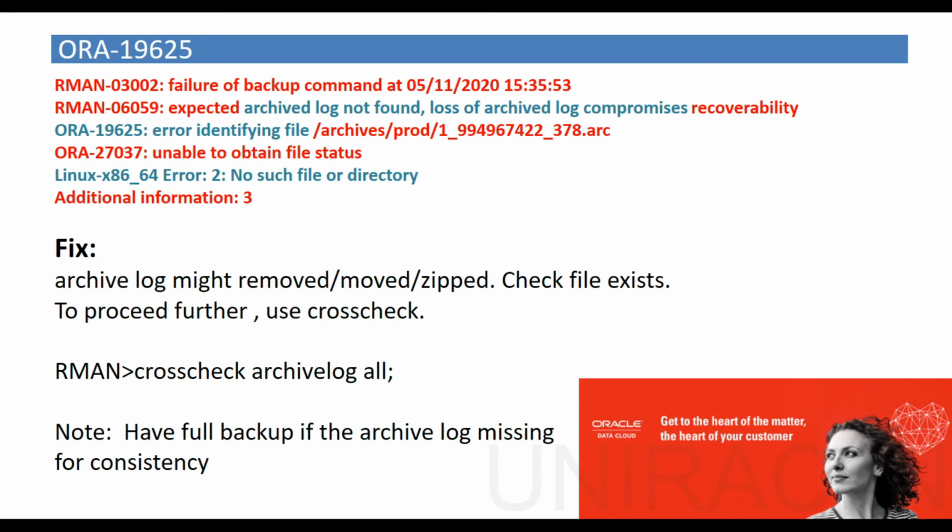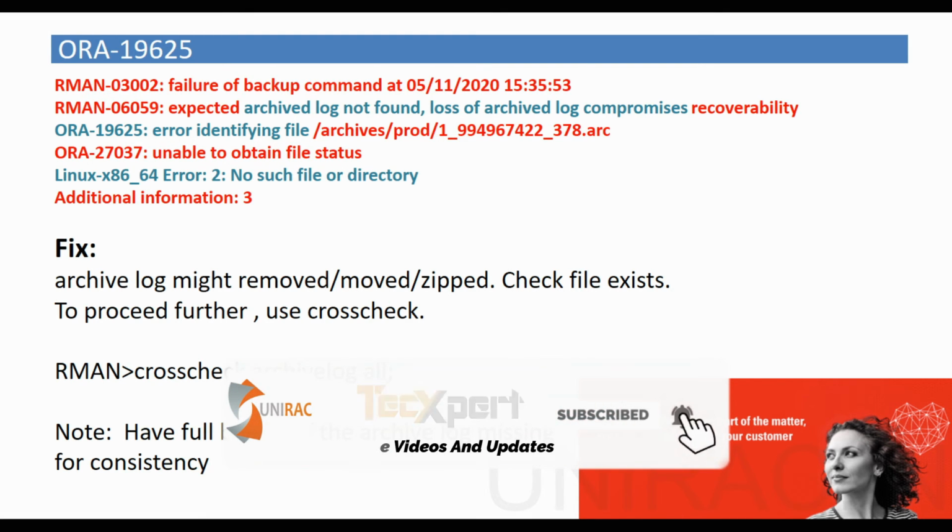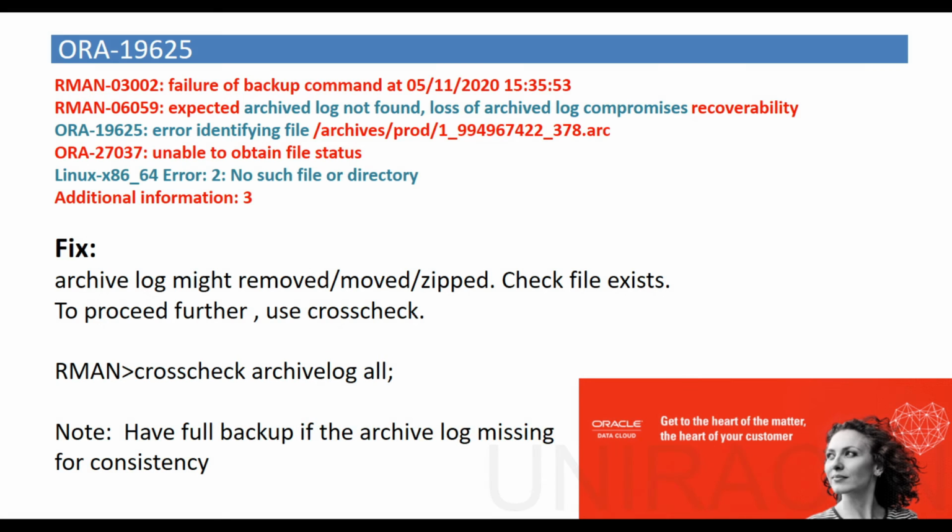Having a new critical issue, it's good, okay. Finding a new critical issue, we are finding new things, but ignoring a repeated issue, a recurring issue, it's not good for your database job. So in these cases you need to have a full backup if the arclog file is missing. Level 0 backup is recommended.